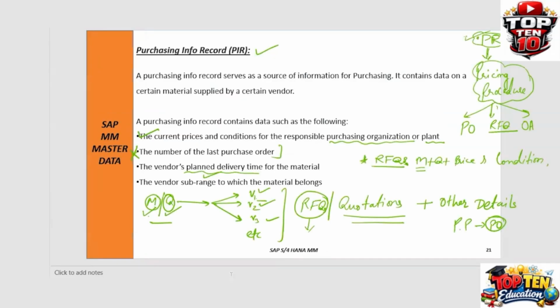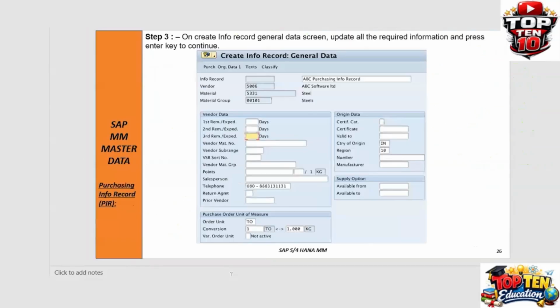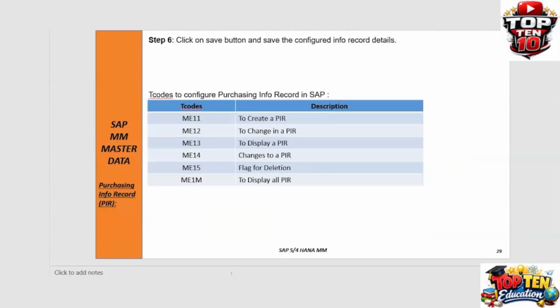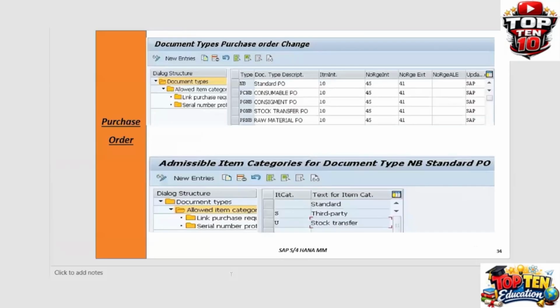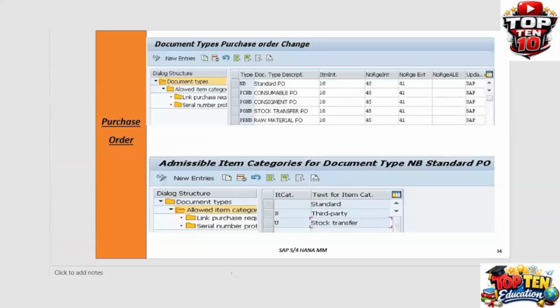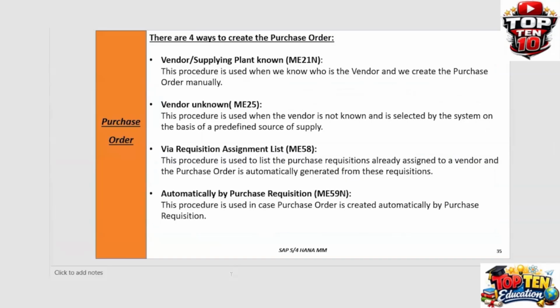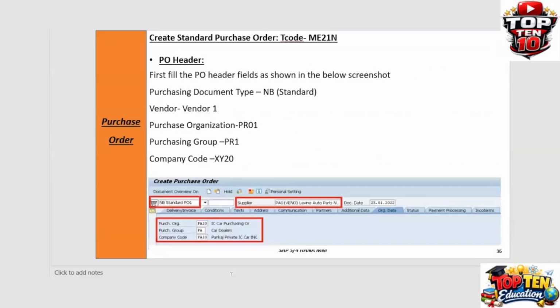After that, we started with purchasing info record, configuration as well as end user part. After that, purchase order, everything: number range, document type, field selection key, different ways to create the purchase order. When one purchase order is created with the vendor, having the purchasing info record, not having the purchasing info record, with reference to purchase requisition,